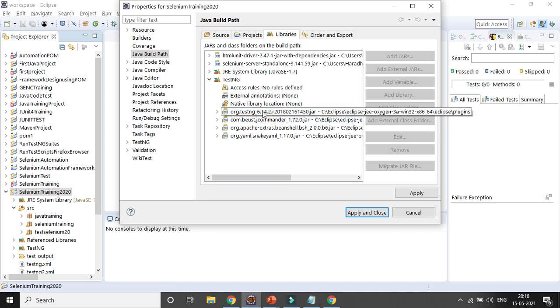So if you want to run the existing classes, it will throw some error. Now say Selenium server 3.14 is upgraded to 4.01 or 4.12. So whatever code you have written will not work because your jar file got changed, the version got changed.